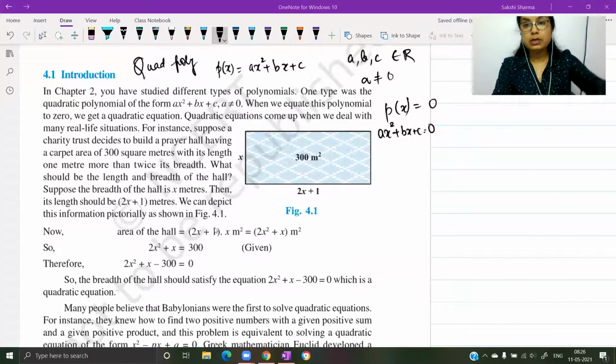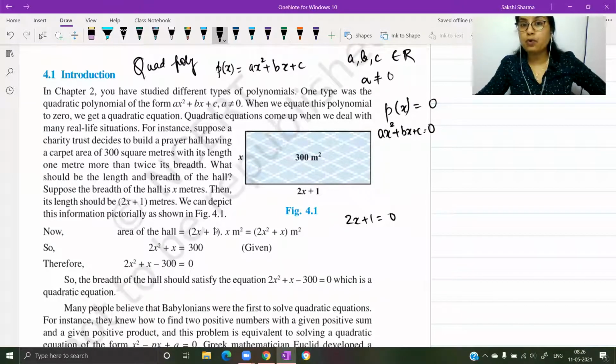I hope you remember, we have already learned how to do the factorization of a quadratic polynomial. So when we try to find out the value of x, which will satisfy a quadratic equation, in order to find out what is the solution of this quadratic equation, just like we used to find out the solution of a linear equation. अगर आपके पास linear equation है 2x plus 1 equals to 0, this is a linear polynomial taken equal to 0. इसका solution जब हम निकालते हैं, the purpose is to find out x, the value of the variable which will satisfy this equation. Left hand side becomes equal to right hand side.